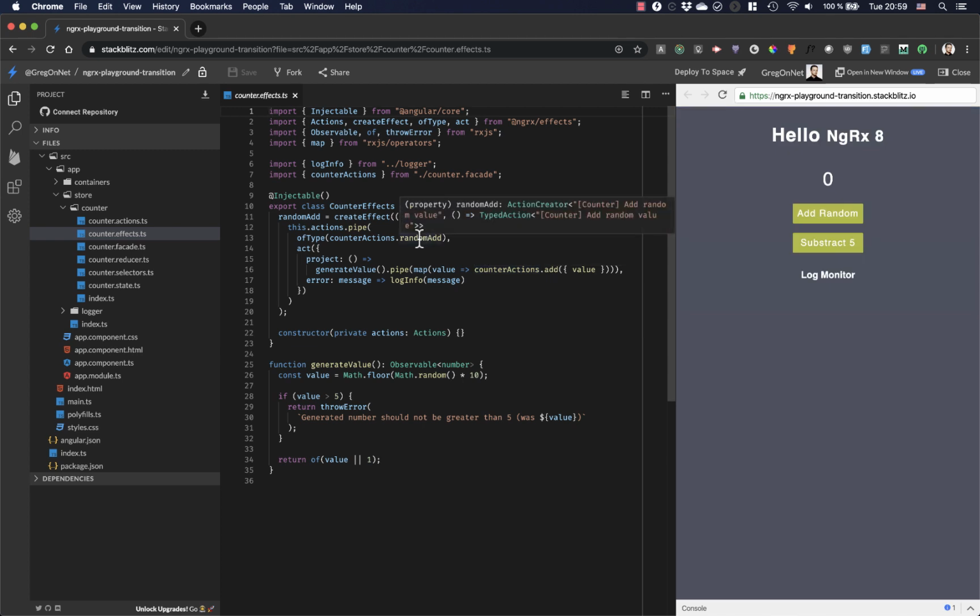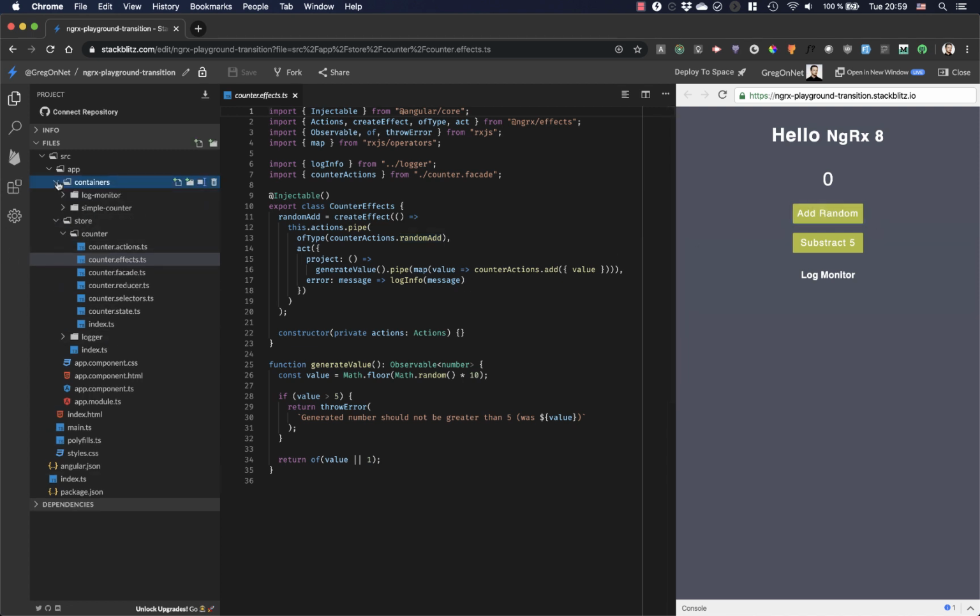And now we have random add, and you can see random add actually is an action creator. And you see that this type is also coming from NgRx. So NgRx Ducks does not have its own action implementation. It really uses NgRx vanilla actions. So, but the fact is that our